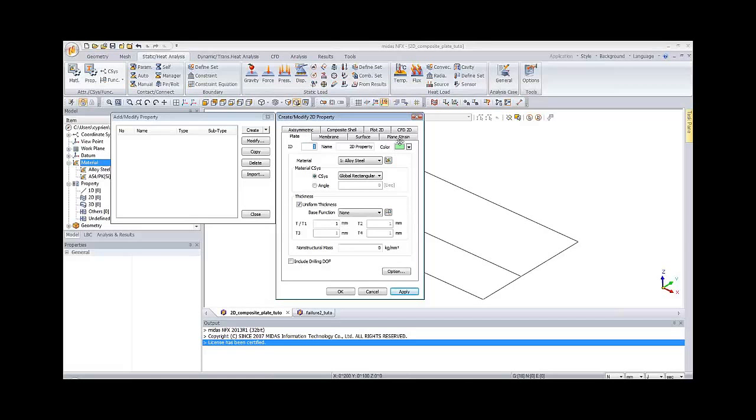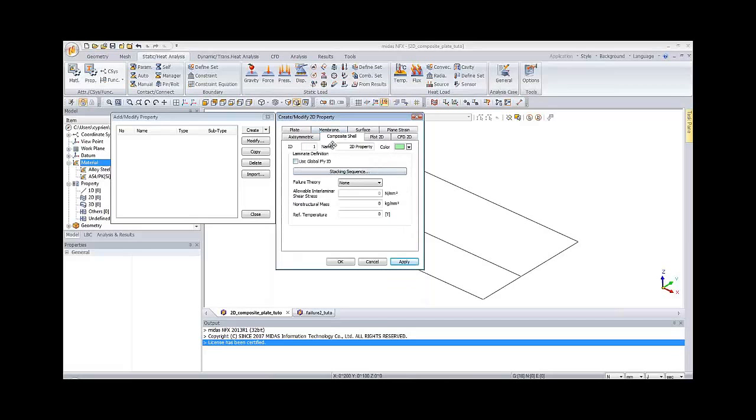So I can change the name to composite. And you have several options here. The first thing is you can use or not the global ply ID. You have several failure theories which are provided to analyze your composite: Hill, Hoffman, Tsai-Wu, maximum stress, maximum strain, or a NASA LaRC criterion. All that can be defined.